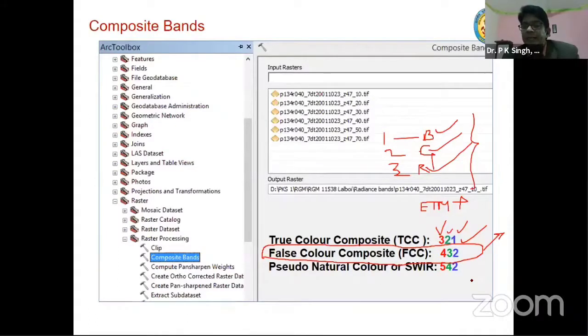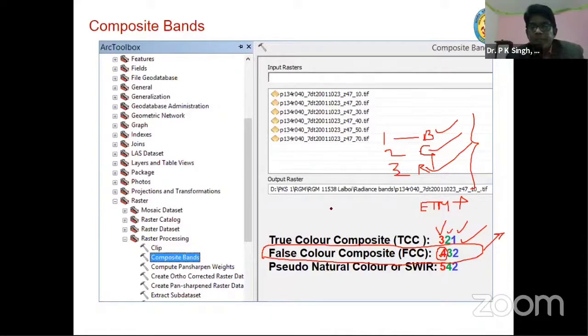You know, in near infrared, maximum light is reflected back, which is band 4. So if you are giving red color to band 4, it means maximum area where the vegetation is dense, maximum vegetation is there, that will look red. Therefore, this 4-3-2 combination has been standard, in standard practice to make false color composite, especially it highlights the vegetation. So where maximum vegetation, it will look dark red.